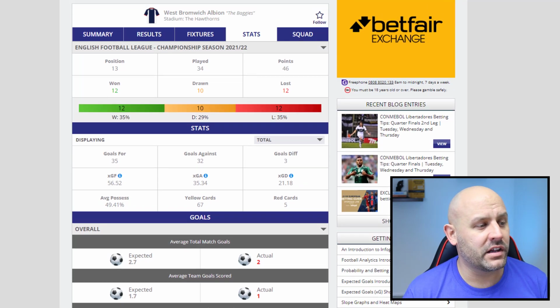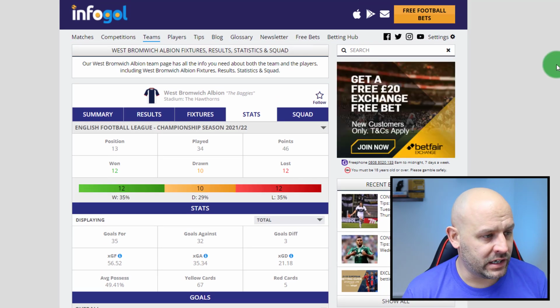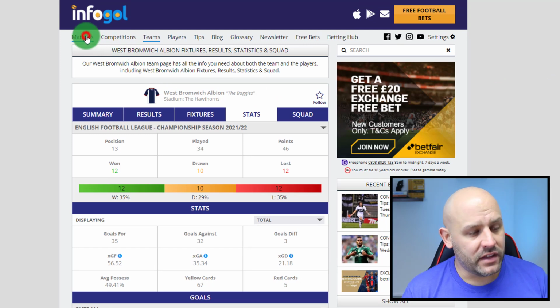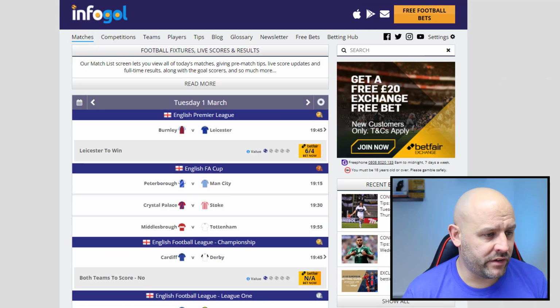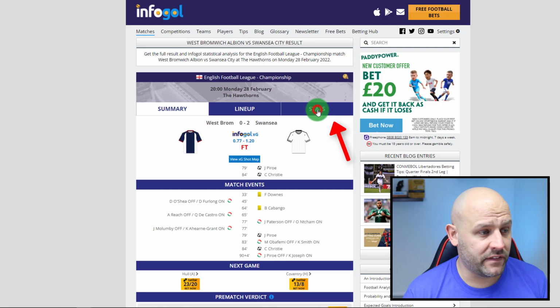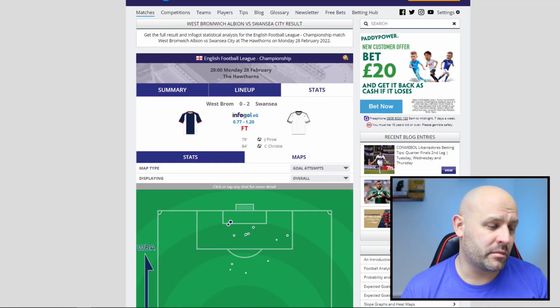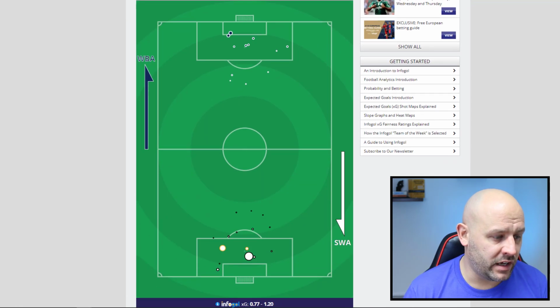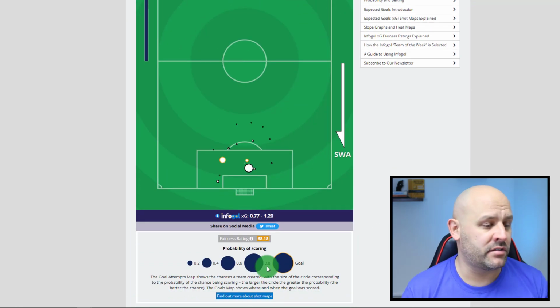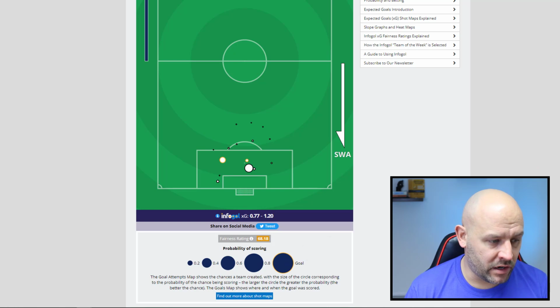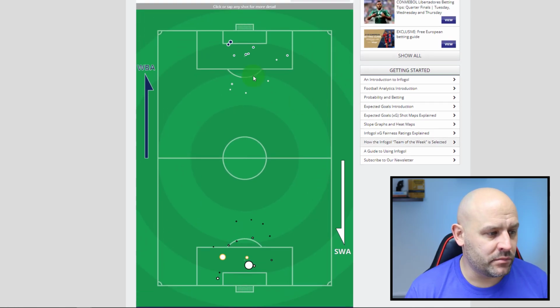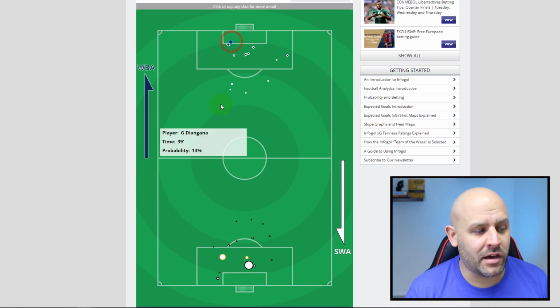But one other cool thing that I want to show you with Infogo here that I really like in play is the shot maps and percentages. So if we go to the stats tab there, this is live information whilst the match is streaming and updated all the time. You can see the previous shots that have gone off here, and there's a little key down the bottom to explain those. So the larger the circle means that there's more probability of there actually being a goal. If you click on the individual outcomes, you can see the player's name, the time at which it happened,